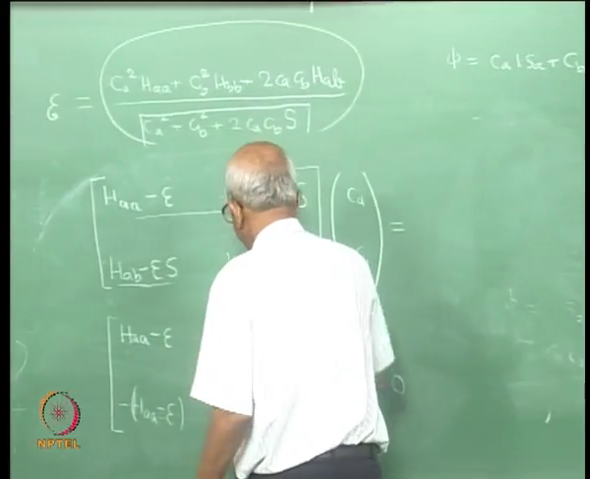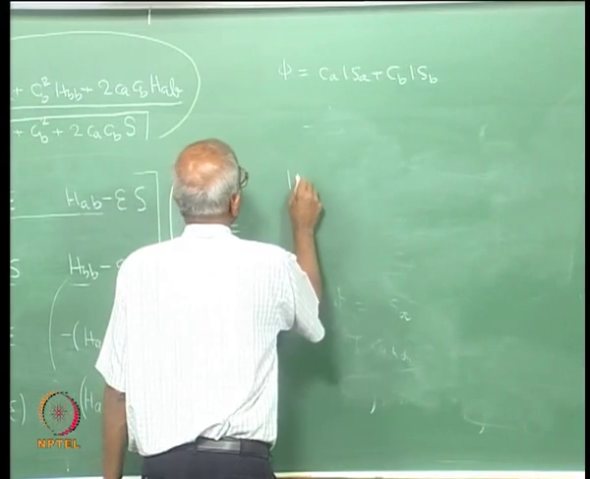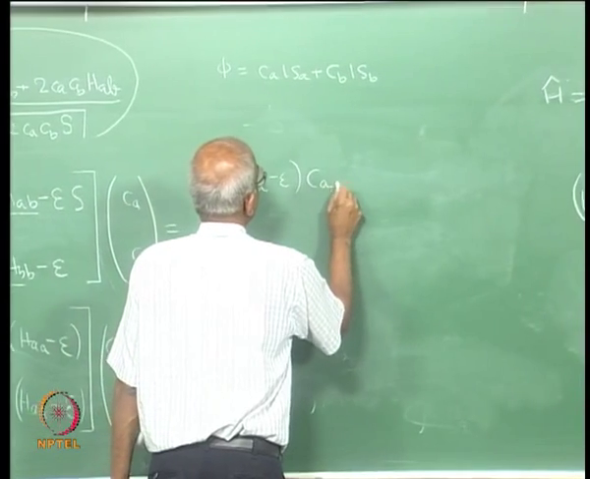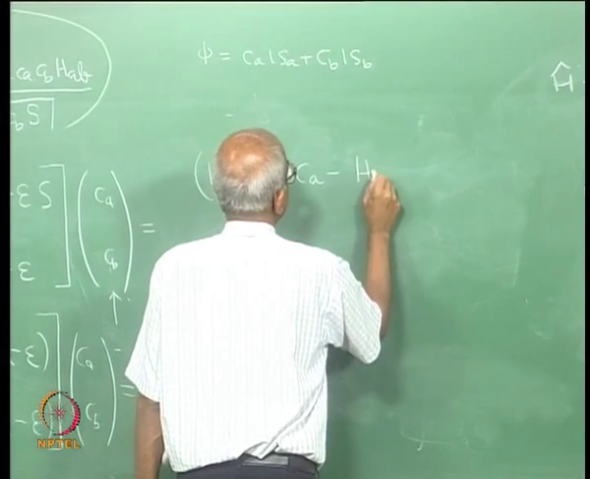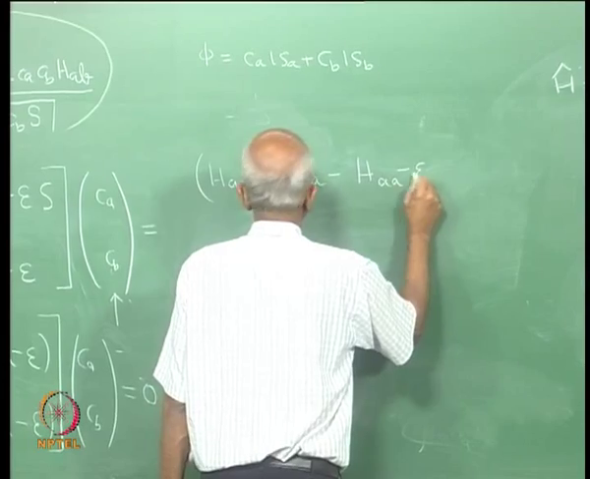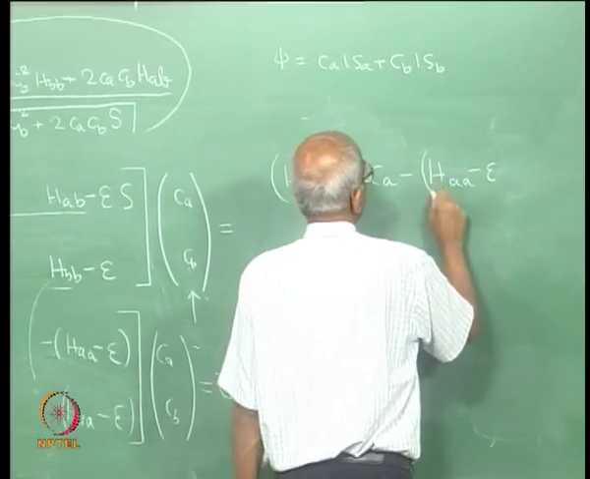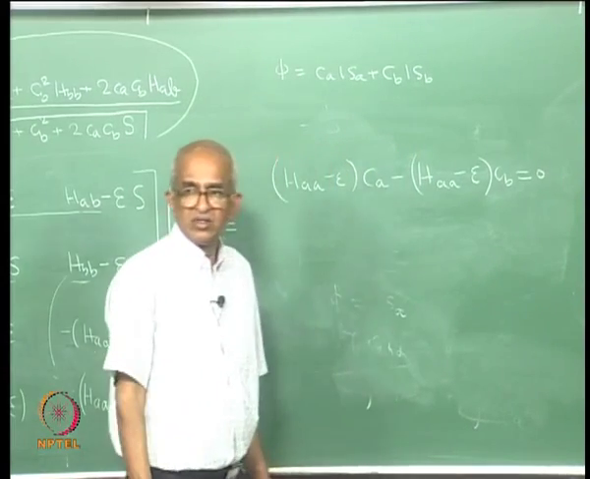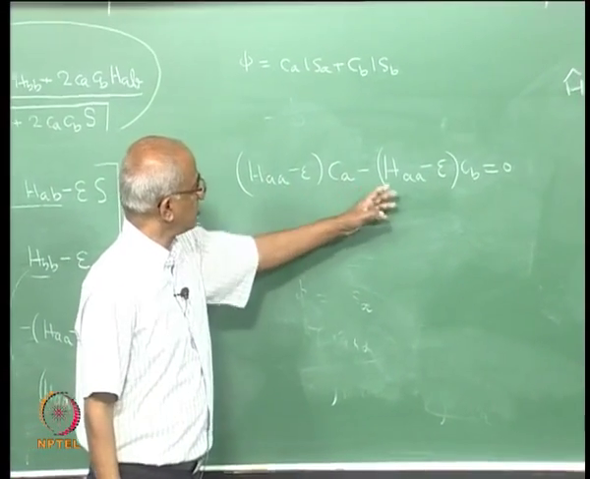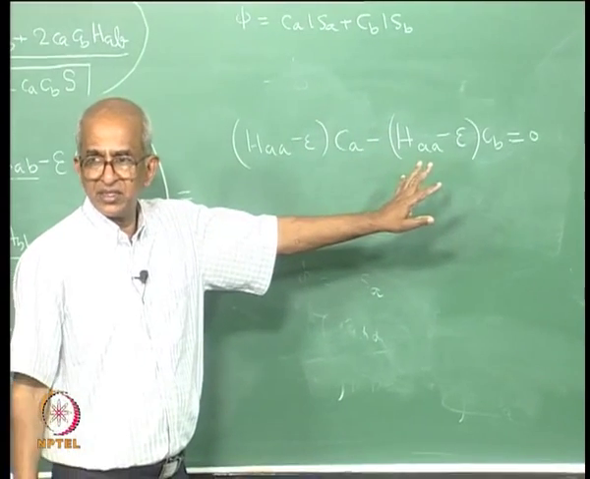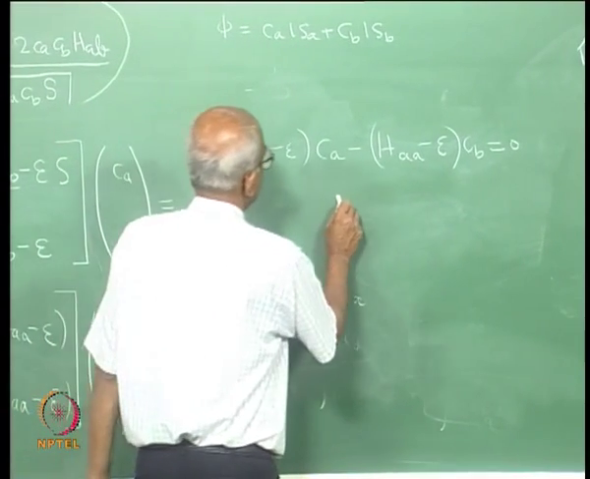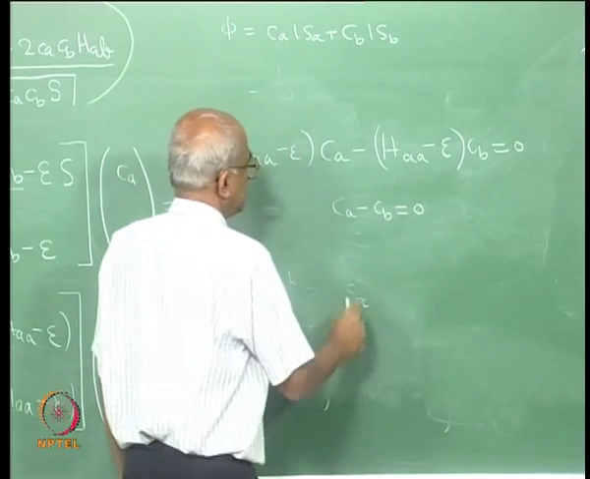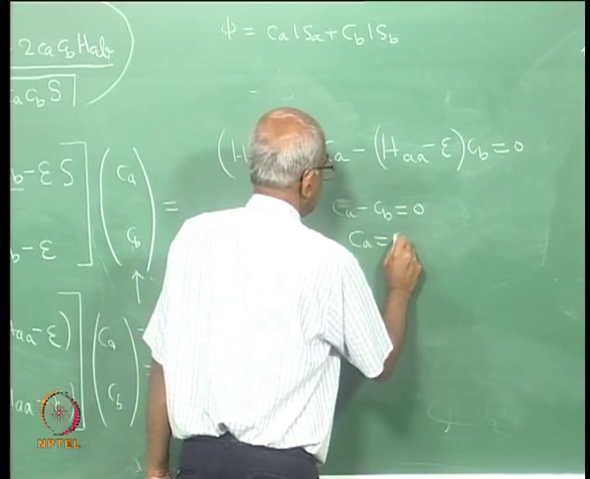So, if you multiply this, you are going to find (HAA minus script E) into CA minus (HAA minus script E) into CB must be equal to 0. That is my first equation, but HAA minus script E is common. So, you can divide throughout by that, and therefore, what does it give you? It gives you the result that CA minus CB is equal to 0, which implies that CA must be equal to CB,